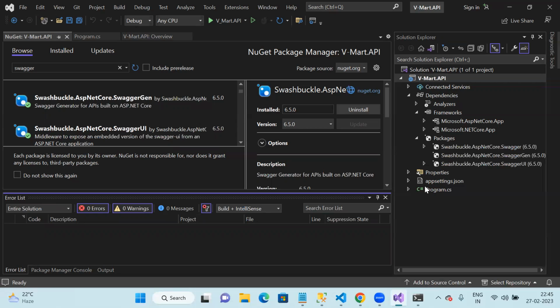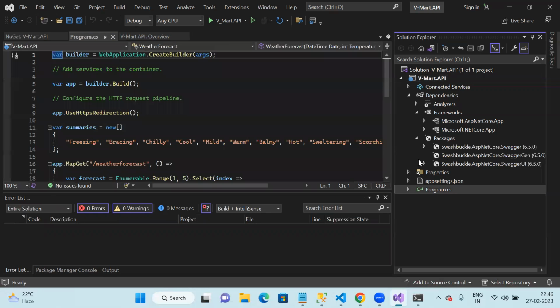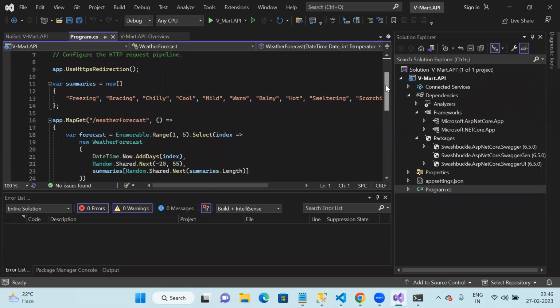Now, if you want to implement this in our application, you have to add this in our program.cs file. In the program.cs file, based on our environment, like if it is a development environment, you can use the development setting, or if it is something else. So if I have to install this over here, I can check